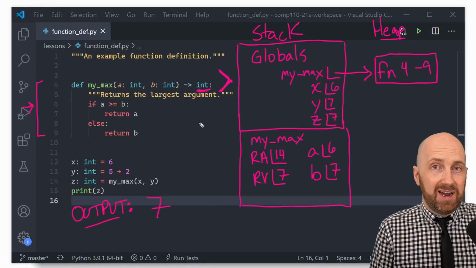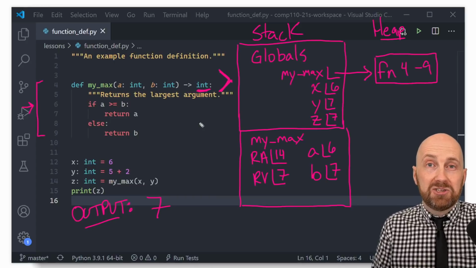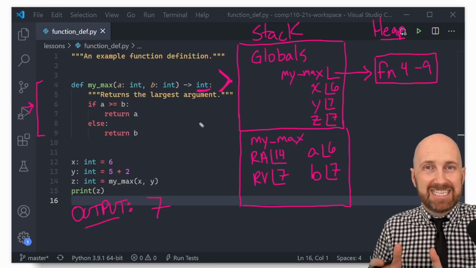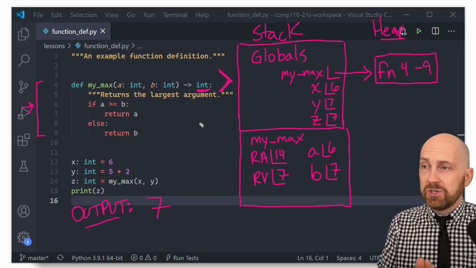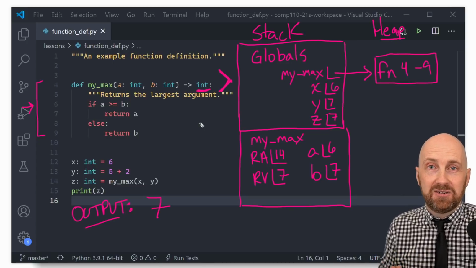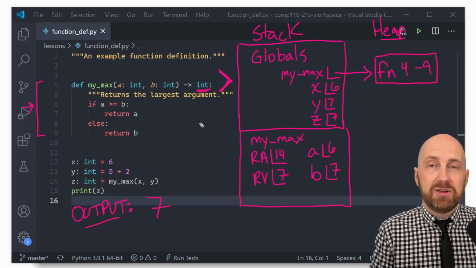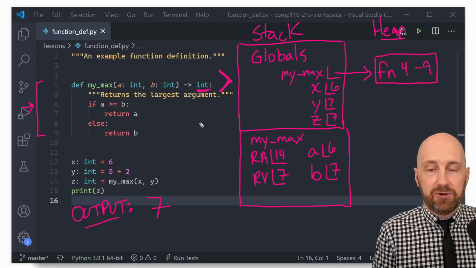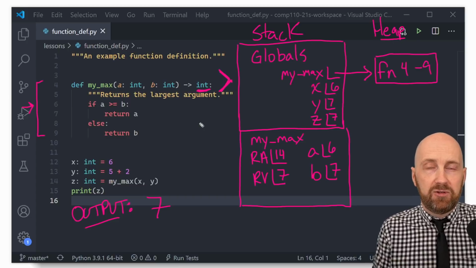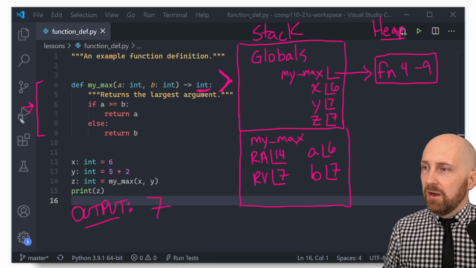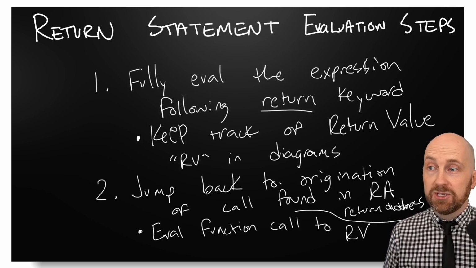Well, we learn these steps and we practice this diagramming technique right now in order to prepare us for some of the concepts that are much harder to understand if we don't have a very sound understanding of the model of how the machine is interpreting our programs. So you'll come back later in the semester and be very thankful that you've mastered the skill of diagramming in this way in order to better understand some of the more difficult concepts in programming, such as recursion, such as values versus references, and some other ideas that you have no frame of reference for now, but we'll get to. All right, before bringing this home, I want to just mention a few details about the return statement